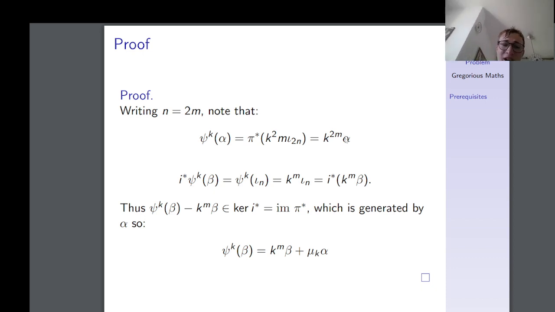Now, psi k of beta is a little bit more complicated, but it's not too bad. Psi k of beta is equal to psi k of I star of beta, which is precisely psi k of the generator by definition. Again, because this generator is in the reduced K-theory of the n sphere, this just acts as multiplication by k to the m. But also, on the other hand, we know that k to the m times the generator of n is equal to I star of k to the m times beta, because I star of beta is the generator. And so we have that I star of psi k of beta is equal to I star of k to the m times beta. Therefore, psi k of beta minus k to the m times beta is in the kernel of I star,